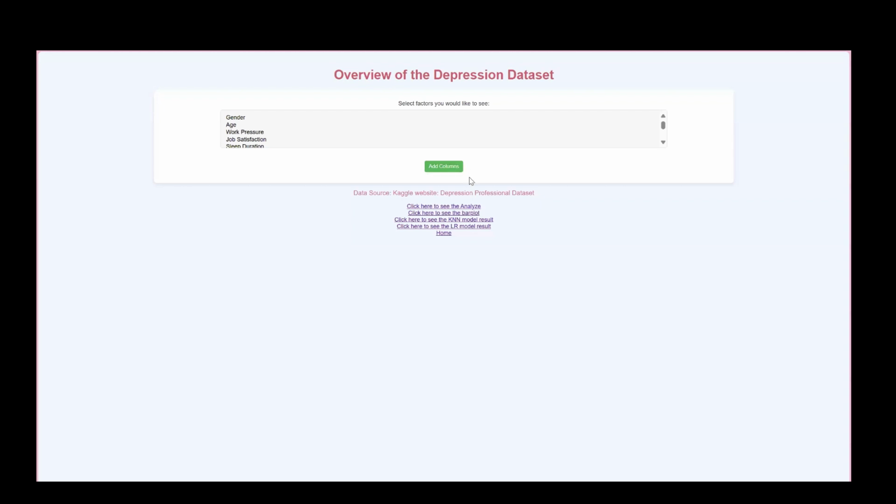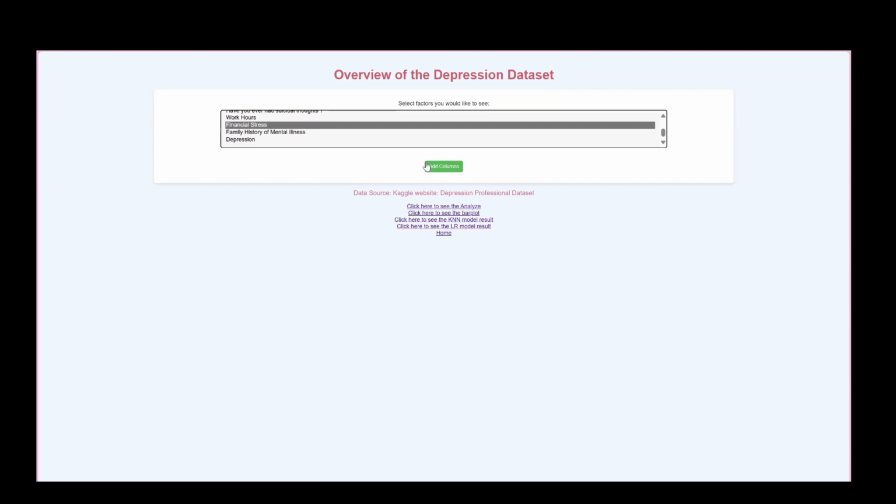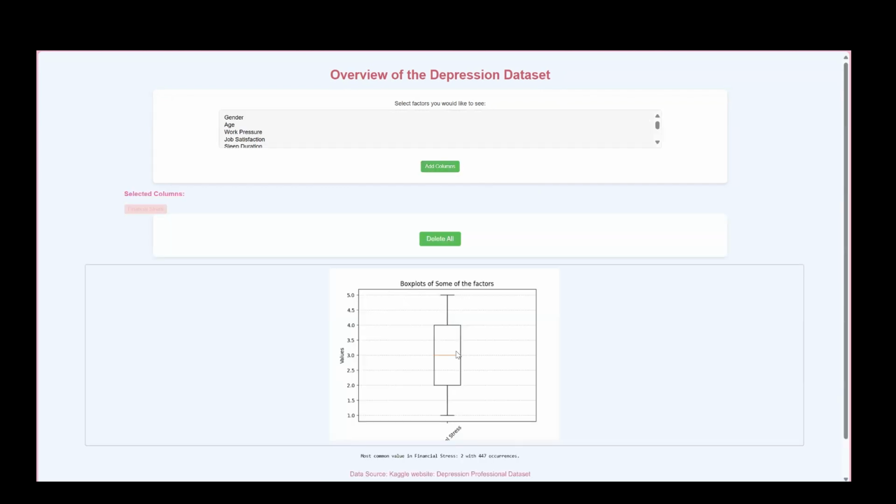Okay, so I'm going to demonstrate my website. For the first page, it's just an overview of the depression dataset that I chose from the Kaggle website. From here, you can select any columns from the dataset and see the spread of the dataset in a box plot. For example, if we select financial stress and add the column, we can see the spread